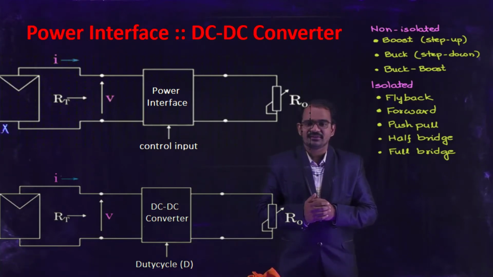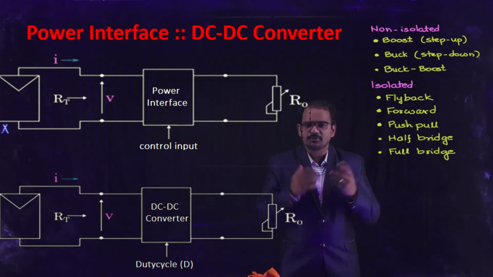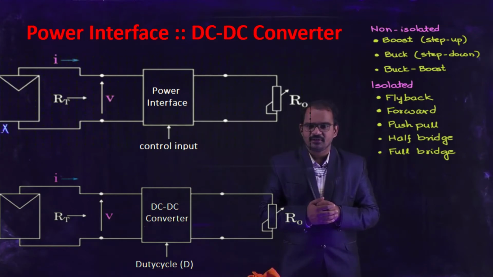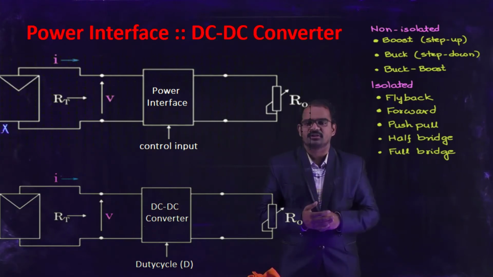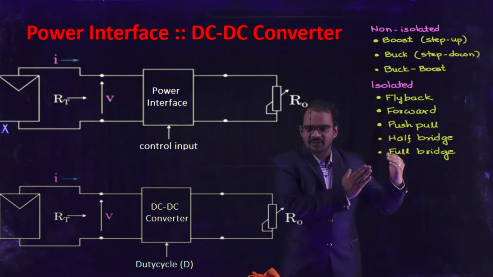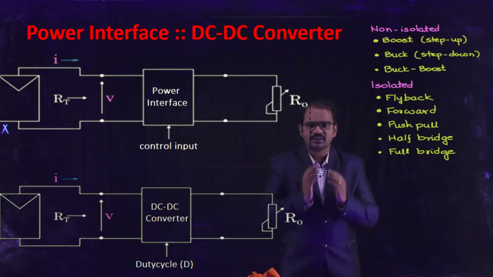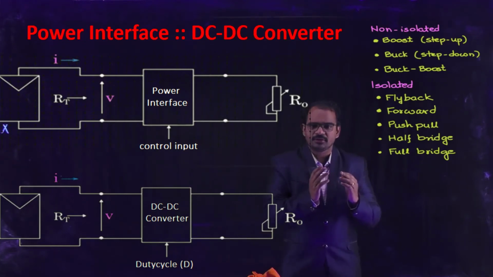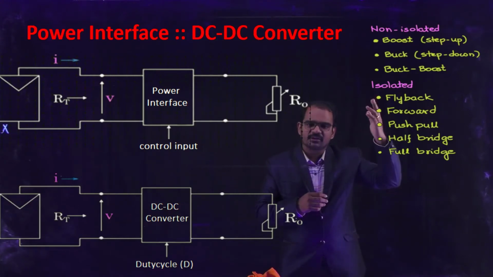And there is a second classification of these converters, that is the isolated converters. And there are different types of isolated converters. They are flyback converter, forward converter, push-pull converter, half-bridge converter and full-bridge converter. All these are the converters which are used for advanced applications, or they are research applications, right? So generally for our day-to-day life, the examples which are used in our home, we will go for the buck converter or boost converter.